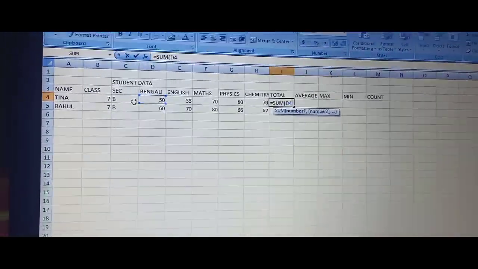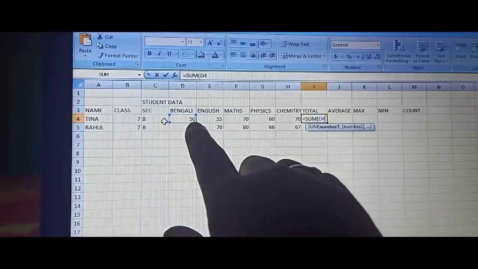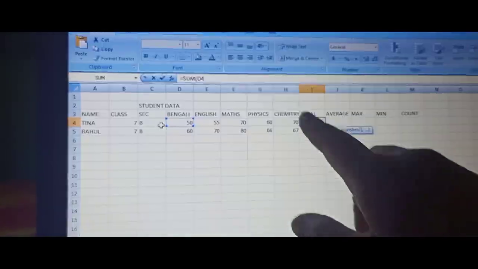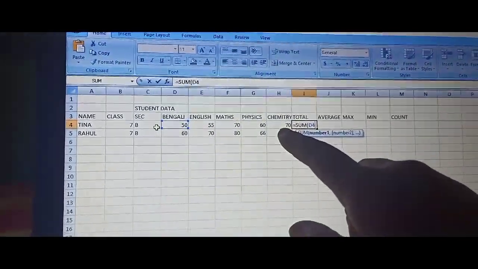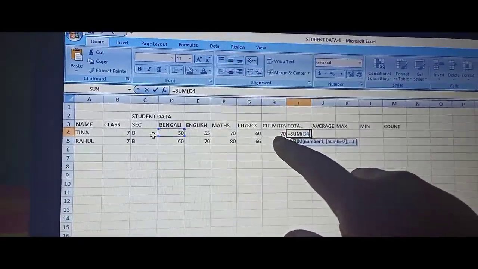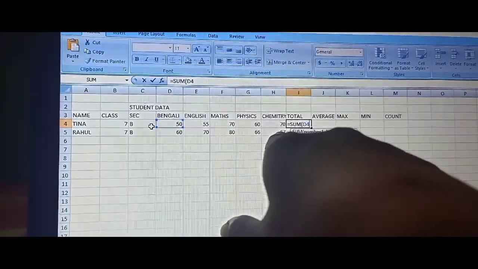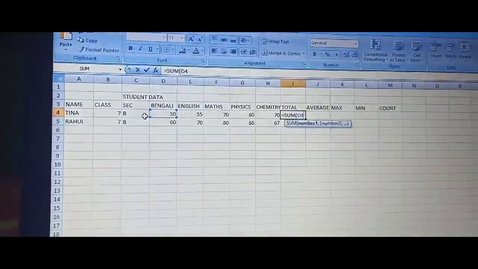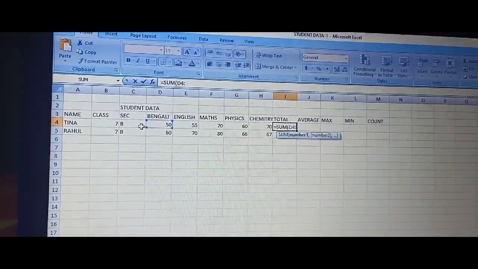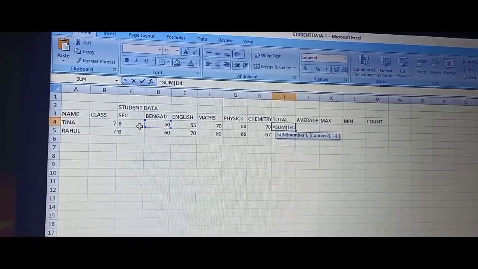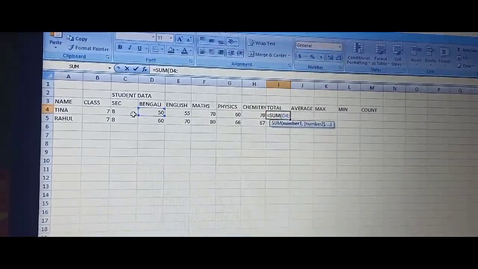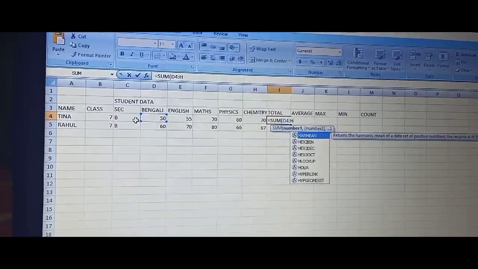We have to mention the first cell and the last cell using a colon. Then it will select all the cells of the marks. Let's see, colon. The last cell is the chemistry marks, which is H4.